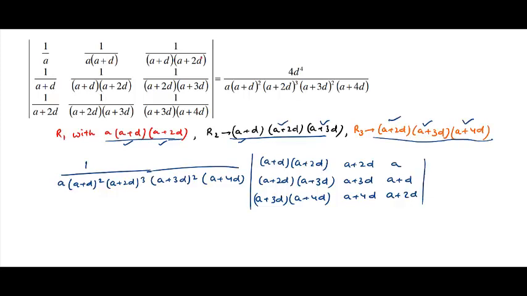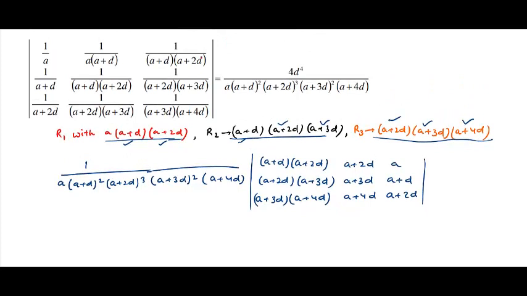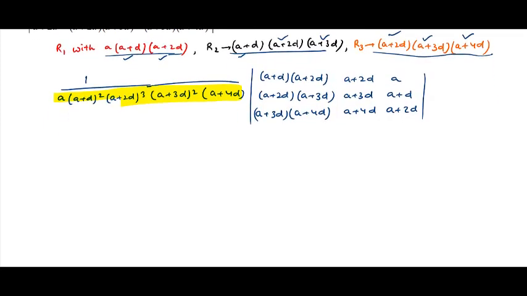Now maybe the thing becomes easy, because what I observe is that things have started falling into place. For example, the denominator which we were supposed to get on the right side, we have already got here. So now we just need to simplify the remaining determinant. So now we get this entire expression here as it is, times the determinant.